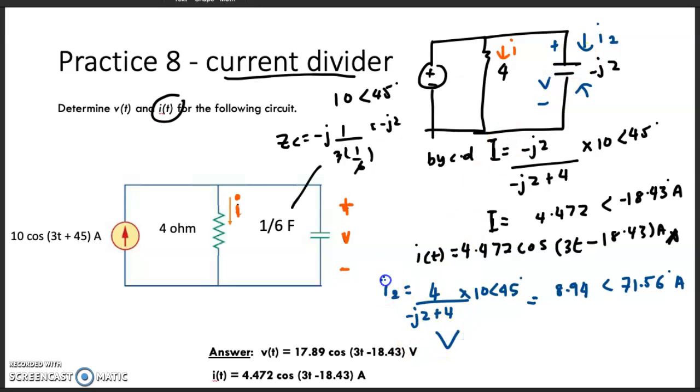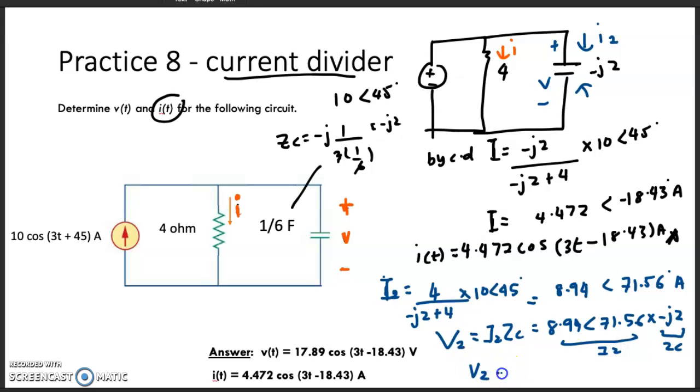But the final one, you want the voltage across the capacitor, right? So the V2 is equal to I2 ZC. ZC means minus J2. So you just multiply together 8.94 angle 71.56 multiplied by the impedance of the capacitor, that is minus J2. This is ZC. This is I2. Then you can get your V2 is equal to